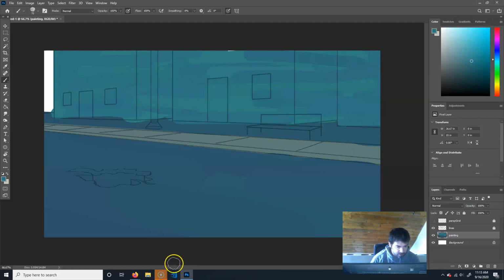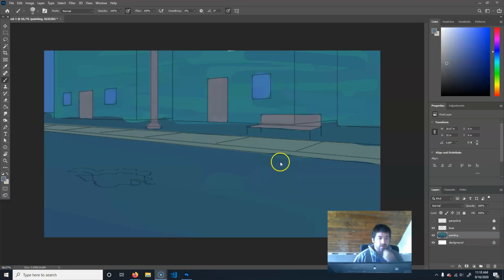Alright, that's fine. I'm just going to fill in the rest of this. I'm going to pause, fill in the rest of this, and then I'll come back and show you what to do. So I put all the solid colors in there. So now what I'm going to do is adjust it from here and just start brushing in